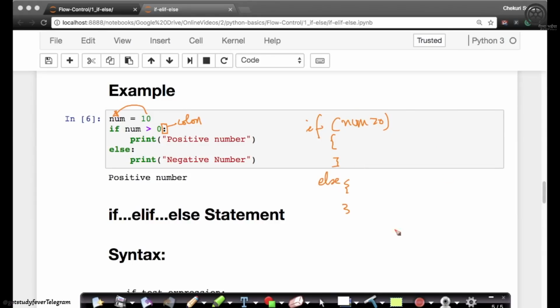Unlike that, here, if num is greater than 0, a positive number, which 10 is, it will print this, as you would expect. Else, if this is not true, it will print this. Very simple and straightforward.